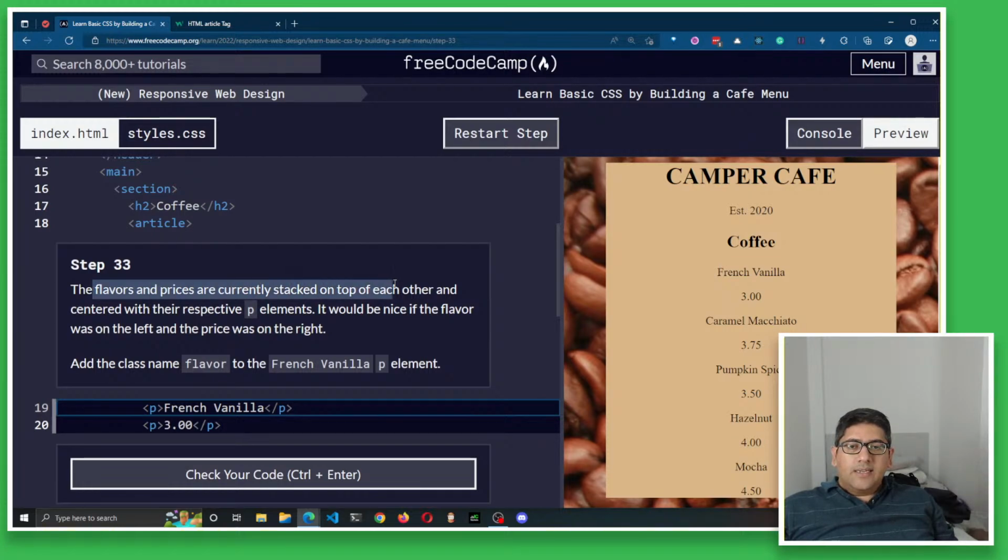The flavors and prices are currently stacked on top of each other and centered to their respective paragraph elements. It would be nice if the flavor was on the left and the price was on the right. Correct? Sure. Add the class name flavor to the French vanilla paragraph element. To this paragraph,